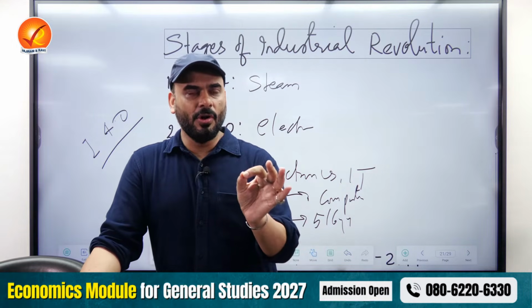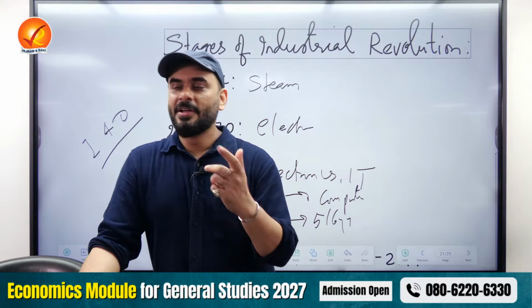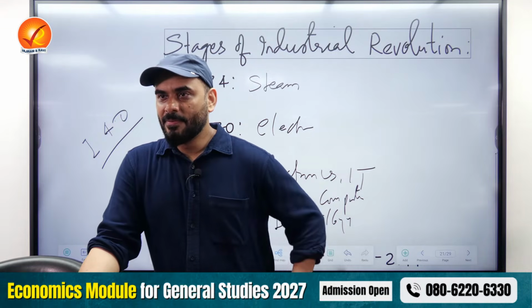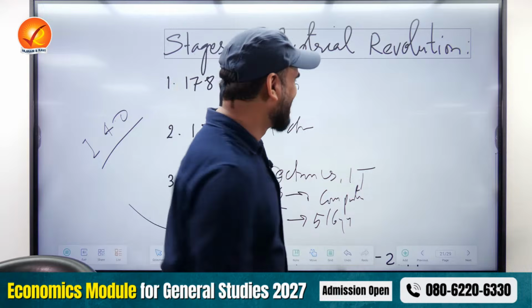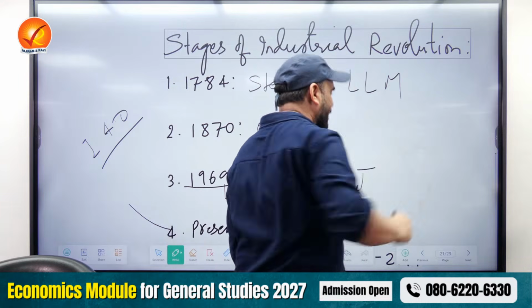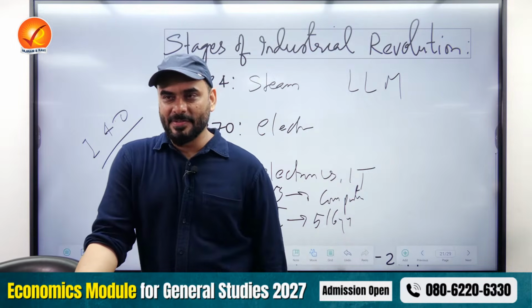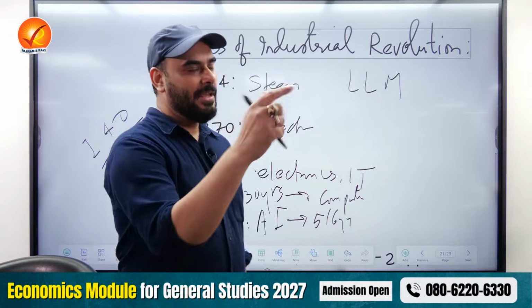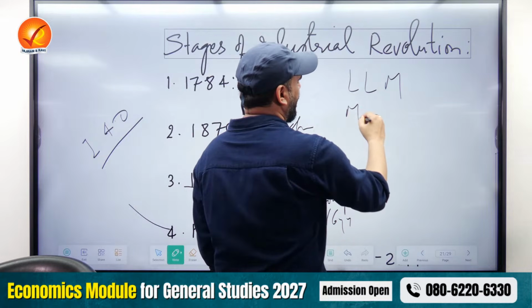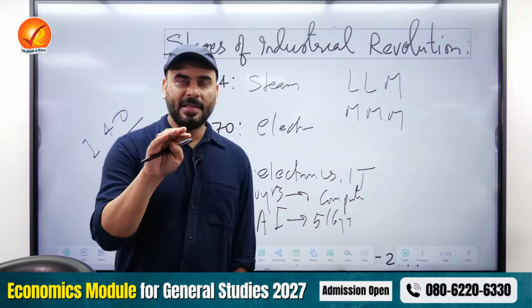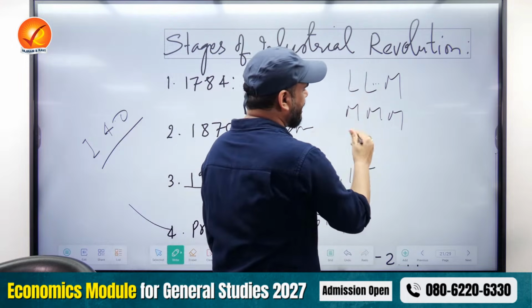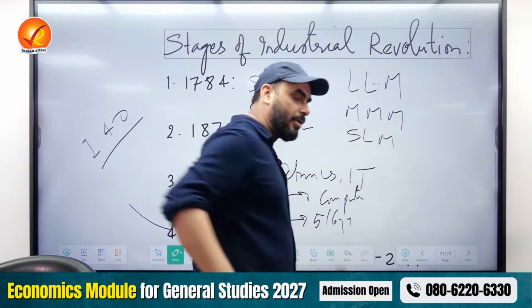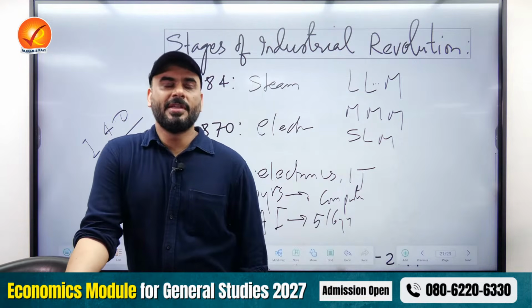So then I will call this type of AI large language models, LLM. These are called large language models because it picks a lot of data and then gives me the result. If it is picking somewhat less data, then I'll call it multimodal models. And if it is using less data, but is giving me results, less intensive than this, then small language models. So these are the three models typically.